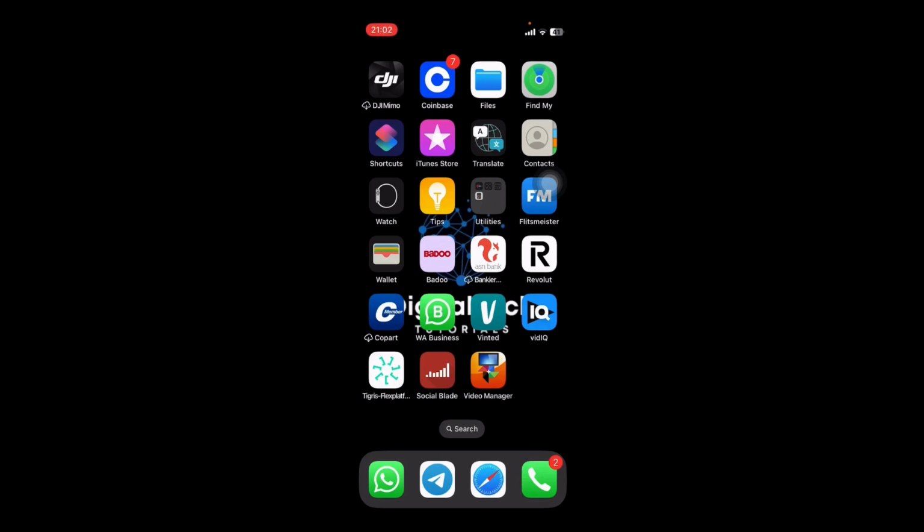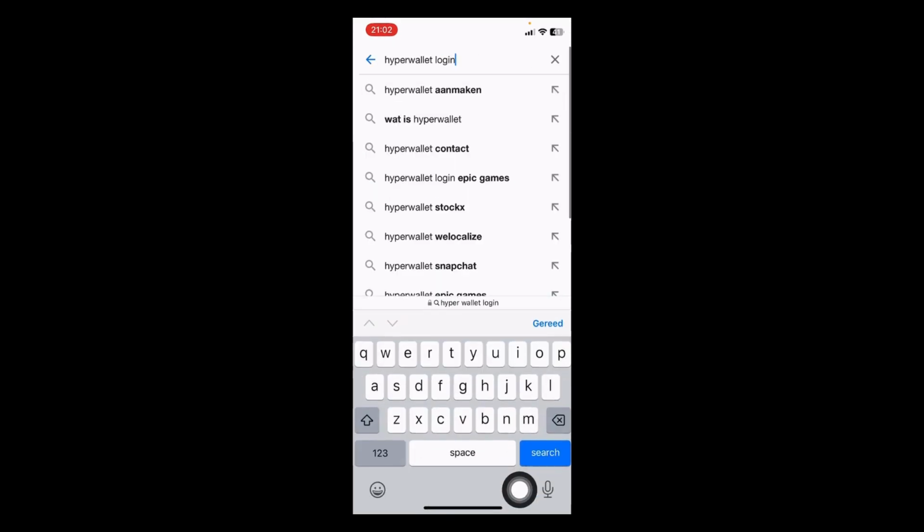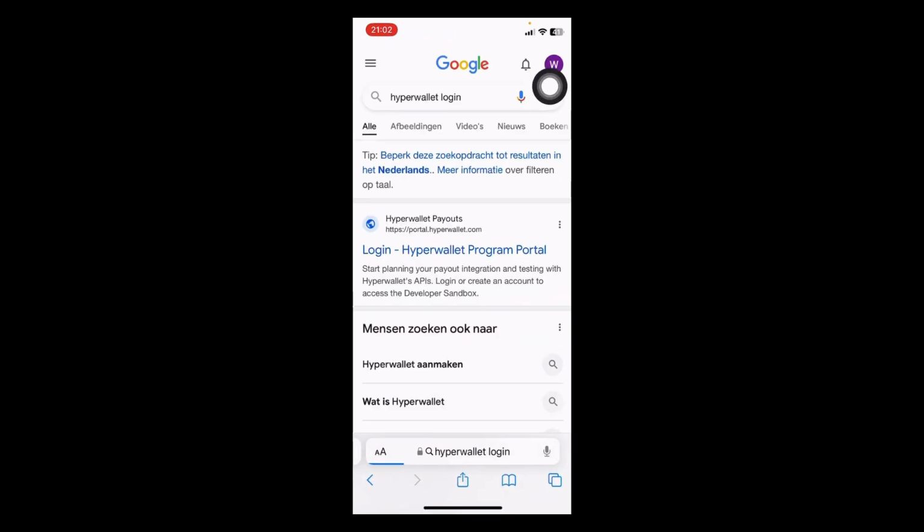My name is Sam and in this video I'm gonna show you how to sign in to your Hyperwallet account. For this you wanna go to the browser and open your browser. Then you wanna go to the Google page and search for Hyperwallet login. Here you can see the portal to log in to your Hyperwallet. You press on it,